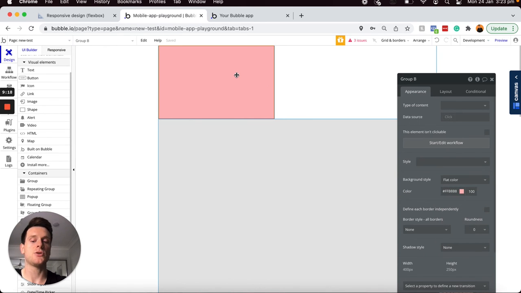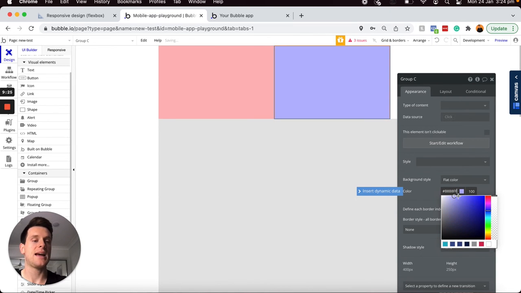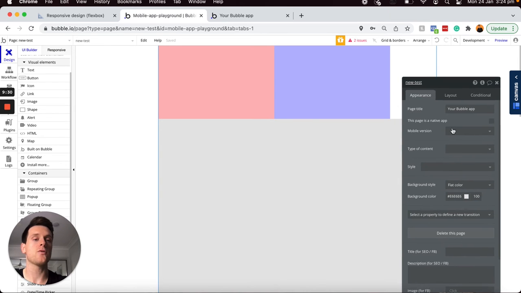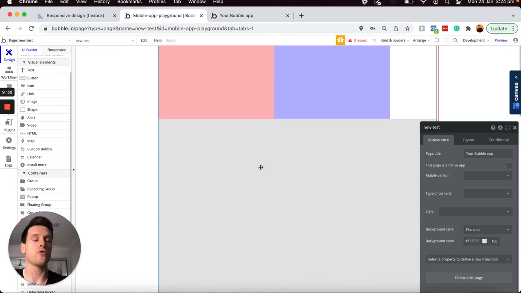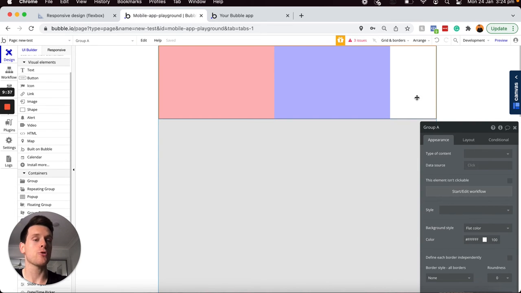And then what I'd like to do is actually make a copy of this group, and then I'm going to update the color of this group just to be a light shade of blue. And now what you'll see is on my overall page, which is my gray element, I have a container group, which is my white group. And then within this container, I have two other separate groups, which are going to store the content for my